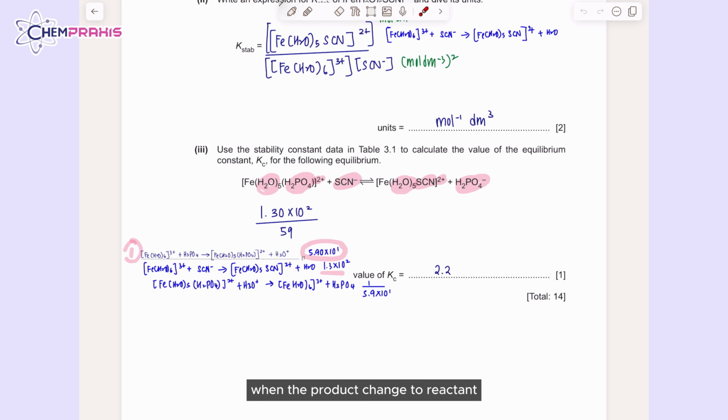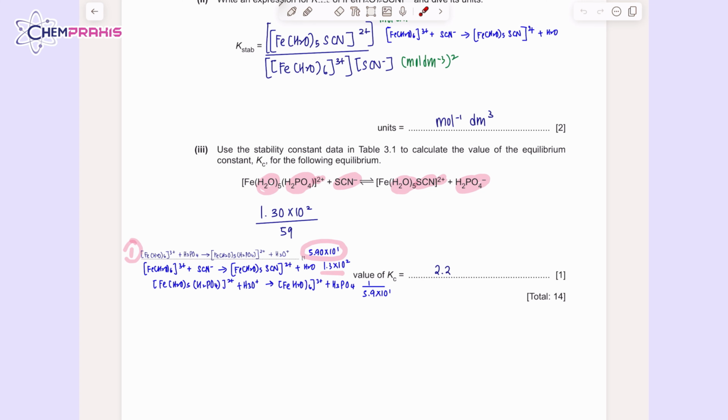When the product changes to reactant, basically we can just reverse it. While for this one is still on the product side, 1.3 times 10 to the power of 2. So this one is the same position. We do not need to change it. And if you want to find the Kc for this equation, basically you just need to use 1.3 times 10 to the power of 2 divided by 5.9 times 10 to the power of 1